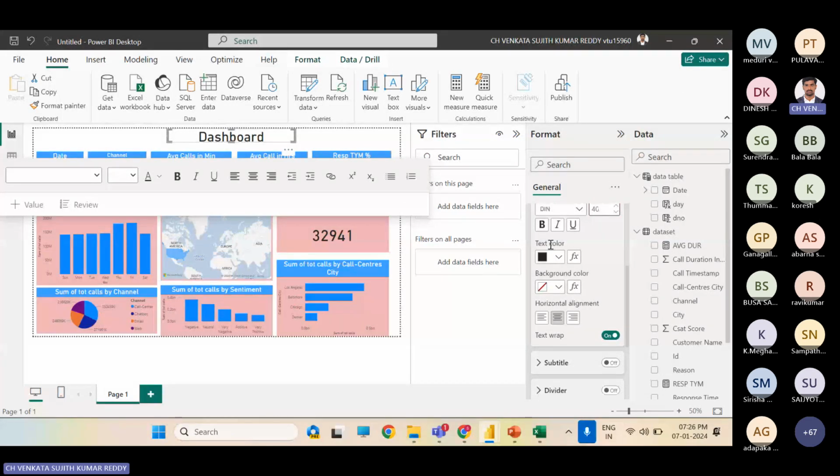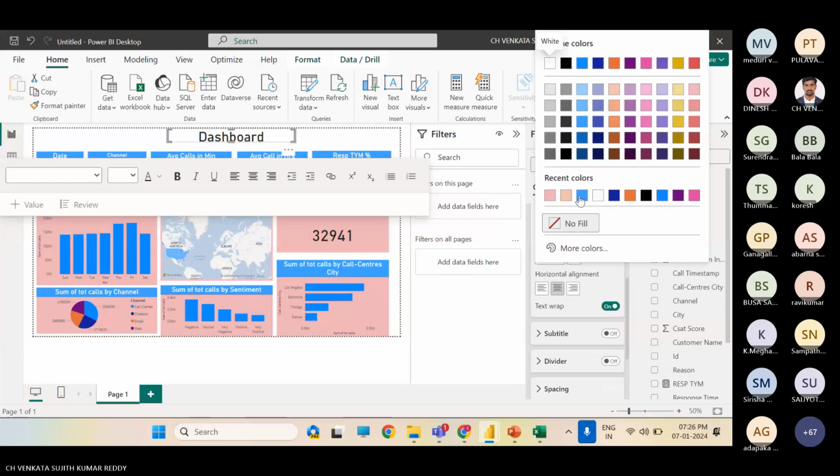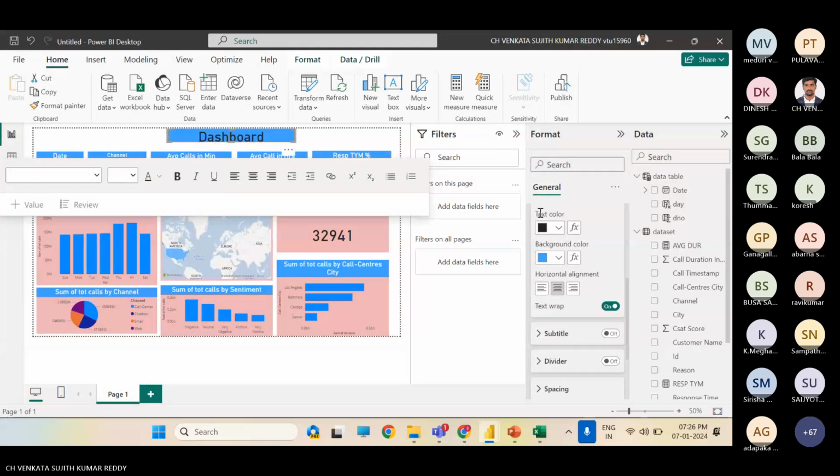I just mentioned something very finally. This is how creating one simple dashboard with simple things.